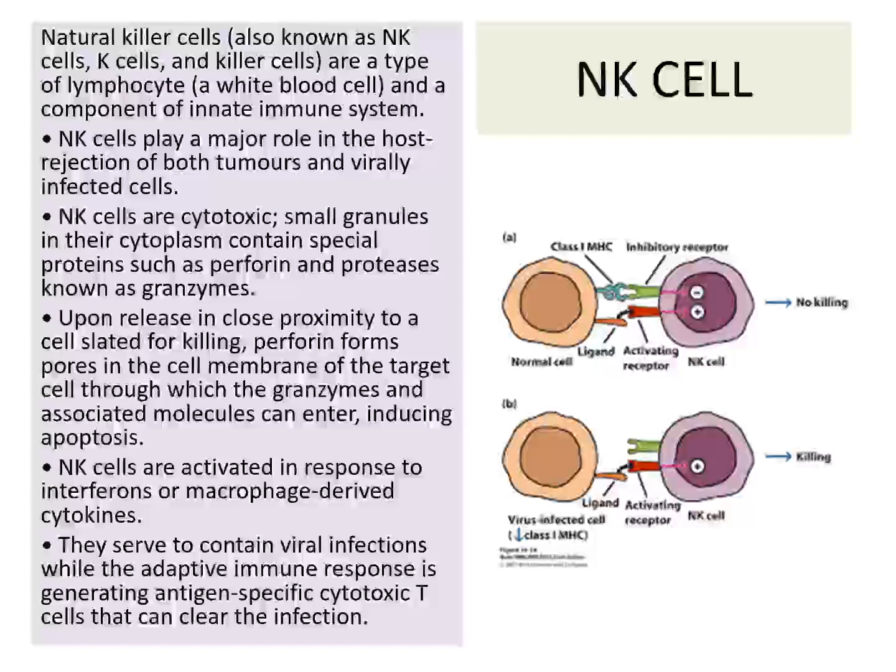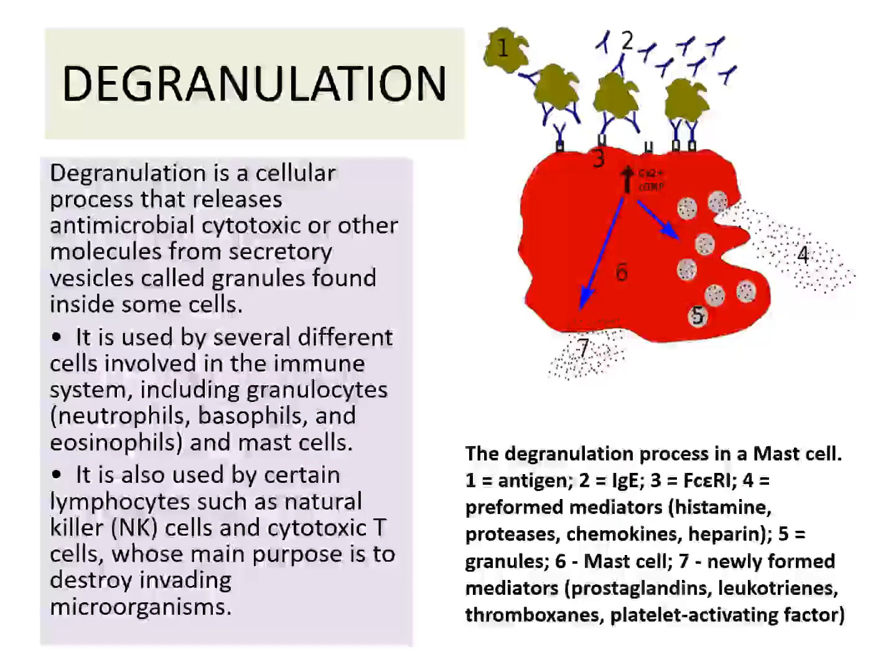So here what happens for NK cells, very important, no MHC association of the cell is required. They can kill the cell without the MHC molecule also. So these are a few terms we have discussed, and the last term is